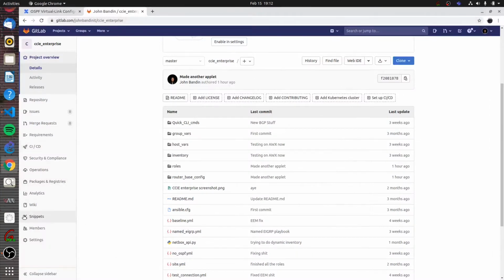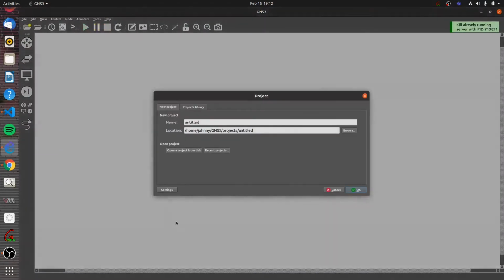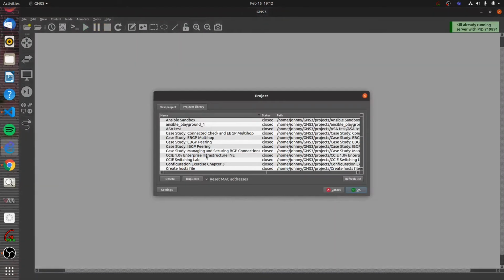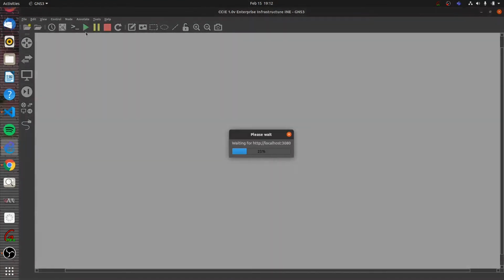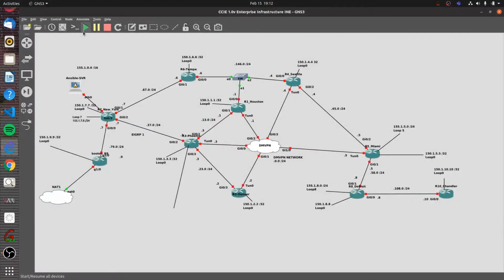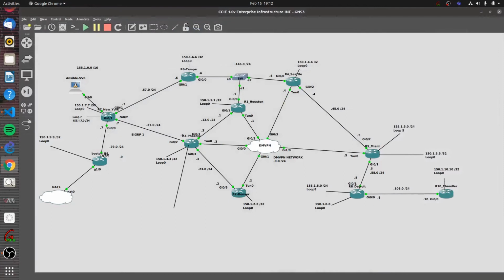With that being said, let's open up GNS3. Again, I'm using Ubuntu, so we do things from the terminal, right? Like all good Linux users. Wait for these routers to load, and let's start our network. So what I'm going to do here is take this to the side, and I'm going to follow this how-to step by step. And once we got our GNS3 environment up and our how-to page over here on the side,